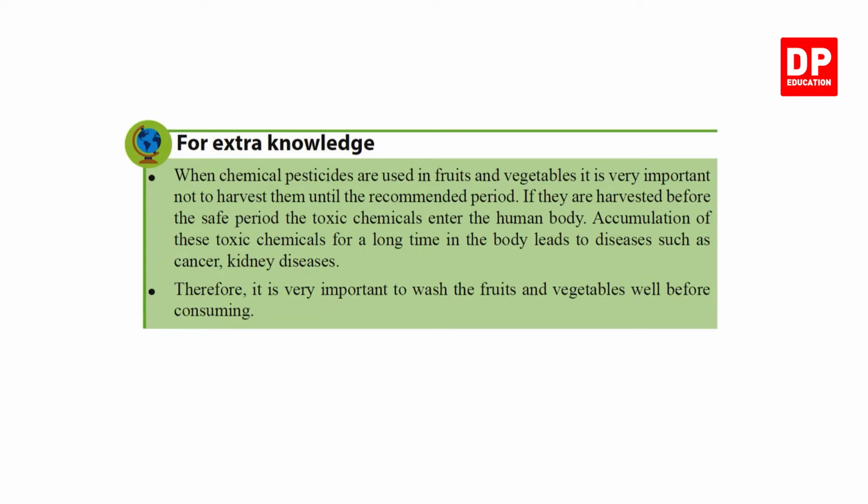When chemical pesticides are used on fruits and vegetables, it is important not to harvest them until the recommended period. If they are harvested before the safe period, the toxic chemicals enter the human body. Accumulation of these toxic chemicals for a long time in the body leads to diseases such as cancer and kidney diseases. Therefore, it is very important to wash the fruits and vegetables well before consuming. Now,